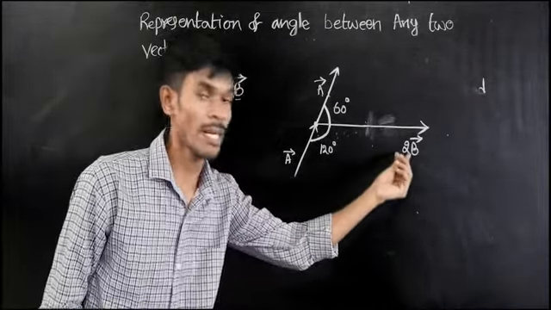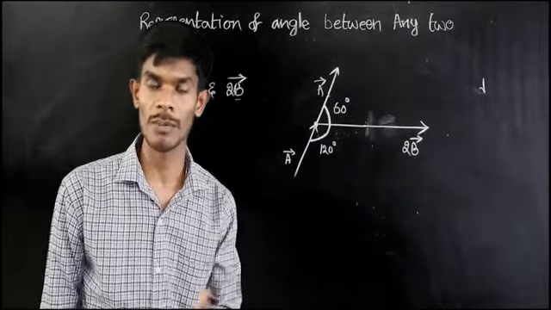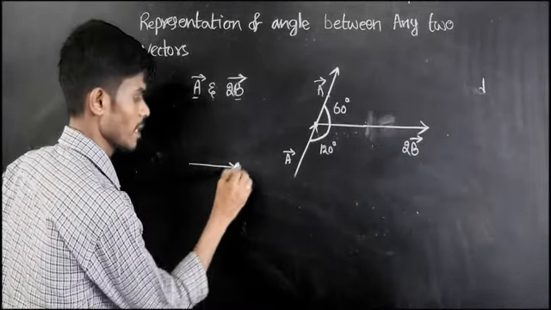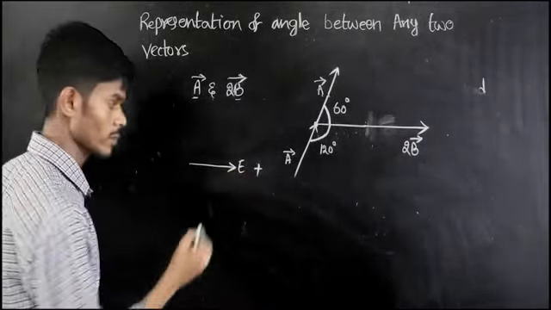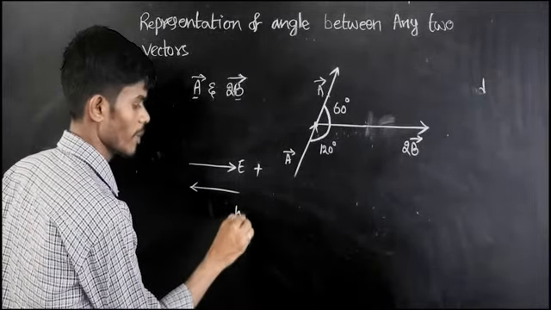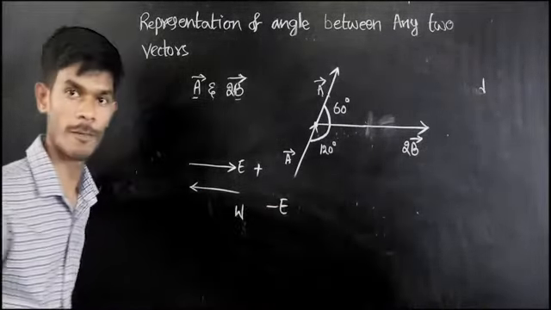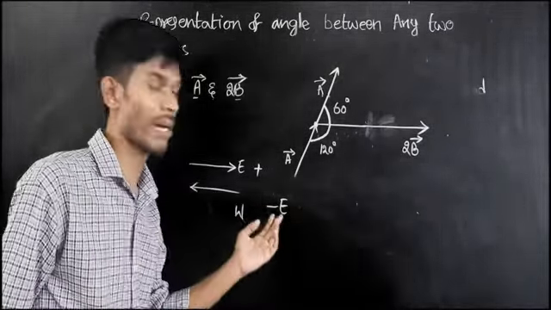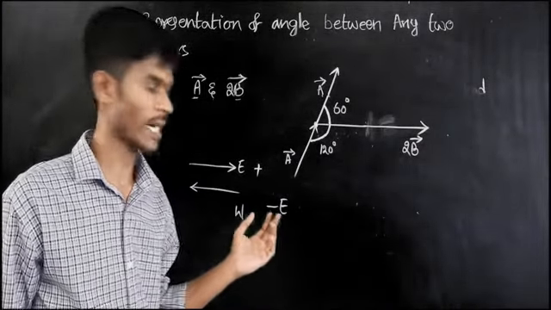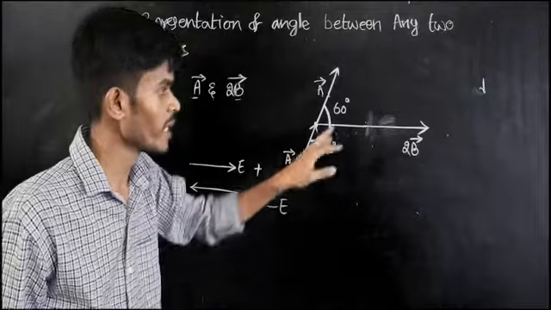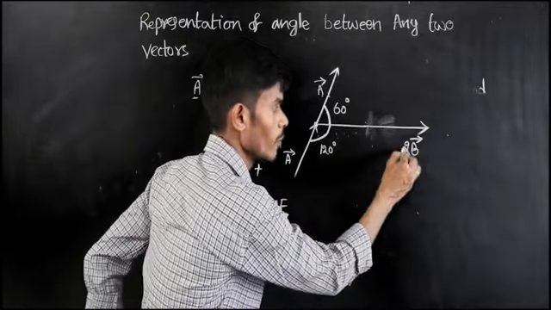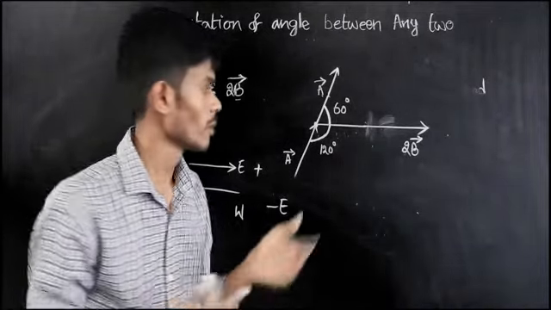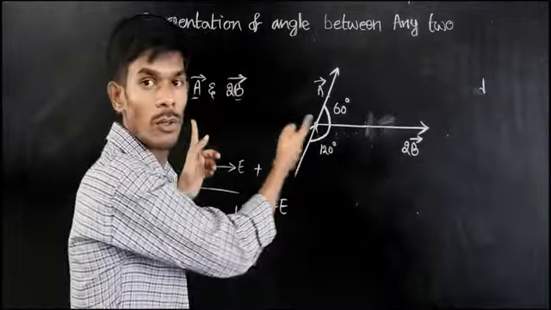See, if it is a positive number, it doesn't change its direction. Suppose it is a negative number, it changes its direction. Suppose we consider east direction as positive, then what will west direction be? The negative of east, which is the opposite of east, is west alone. So here we represent it as minus e, or the west direction. In the same way, if you multiply with 2, there is no change in the direction. If you multiply with minus 2, the b bar vector changes its direction to the opposite.